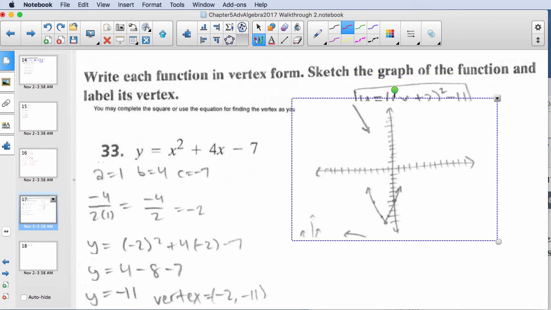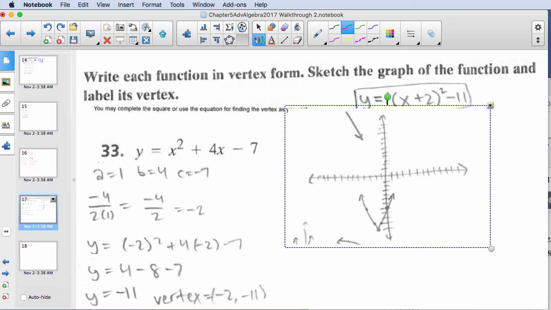And then here would be the graph of it with our vertex. And notice that she has minus 7 for her y-intercept, and then she's reflected it to get another point to graph the parabola. A better way probably would have been to go ahead and move the 7 to the other